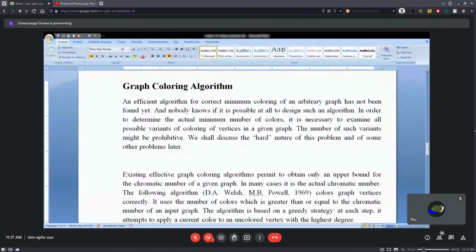Now, please, groups 4 and 5. Groups 4 and 5. Do you hear me? Yes. And do you see this text? Graph coloring algorithm. Yes. So everything. Now,